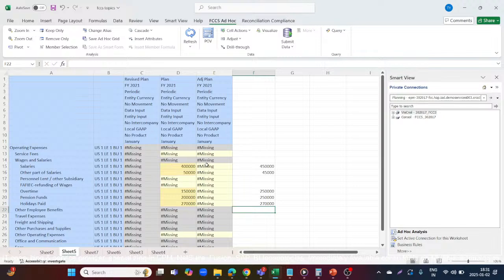So you can enter the differential amount in the adjusted plan: that is 50,000 increase to make it 450. 50 and 45 should be there, so you can add minus 5,000. Then here you can enter 1 lakh, here 50,000, and this is 0. When you click on submit data,